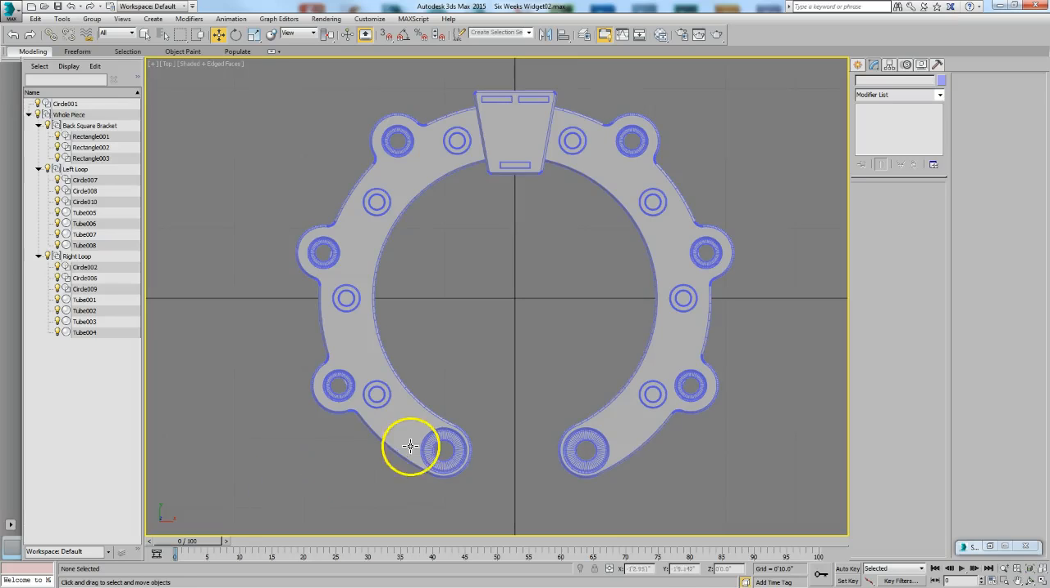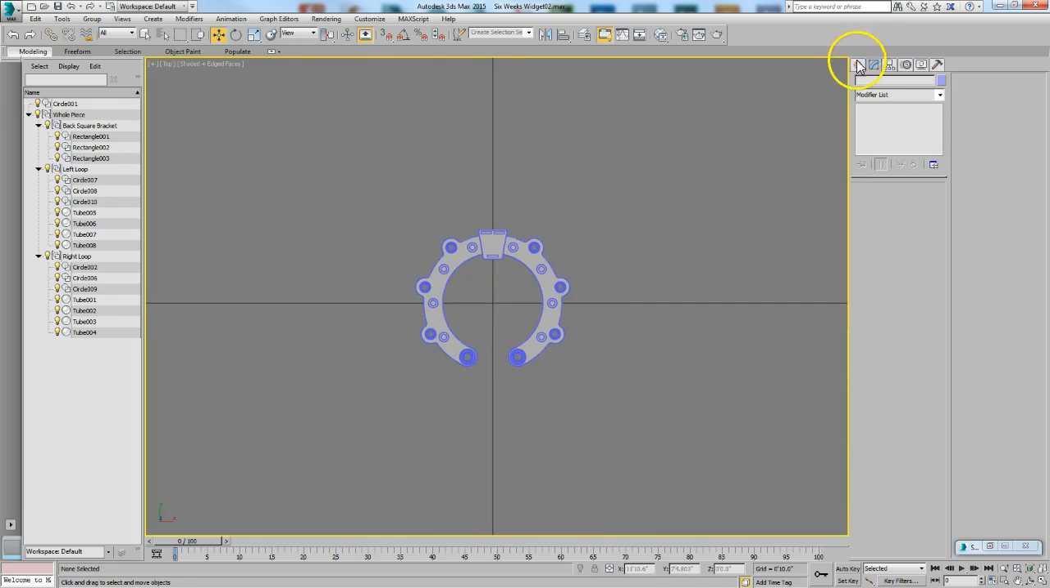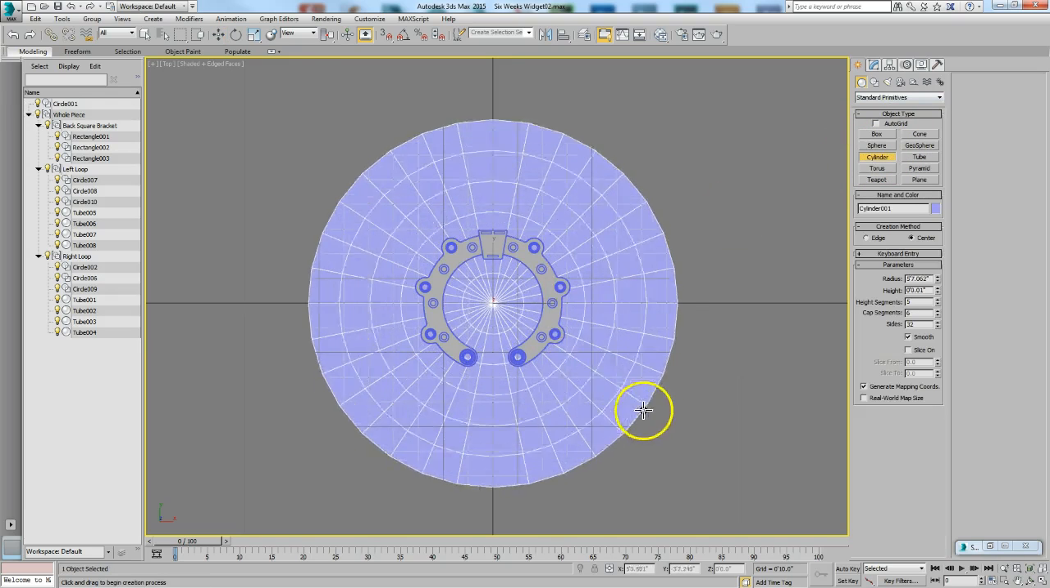Okay, now that we have the model finished, our next stage is going to be to make a little cyc wall, a little stage for it to render on, and put some lights in here and a camera. So we're going to go from the top view, and we're going to start off by making a cylinder. Okay, so let's make a cylinder,